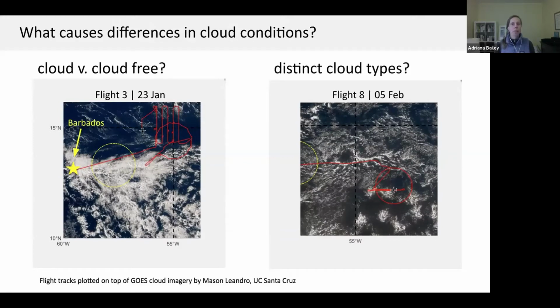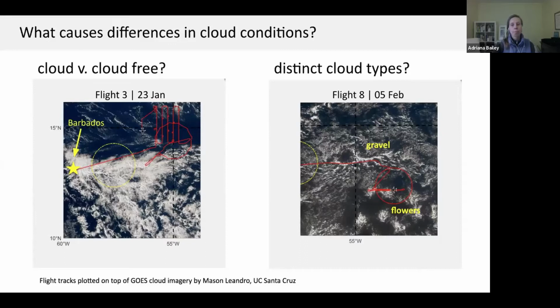Let's now turn to the question of the different cloud types. And we're going to use Flight 8 for this example, because as you can see from the satellite snapshot, we started out the flight by sampling towards the south, where we got these nice flower clusters. But then later in the flight, we flew to the north of the circle, and actually entered some of the gravel cloud that you see labeled now. So remember that our moisture export values were not particularly different between gravel and flower clouds. So let's take a look and see if the environmental conditions and whether there are any differences might help us understand why.